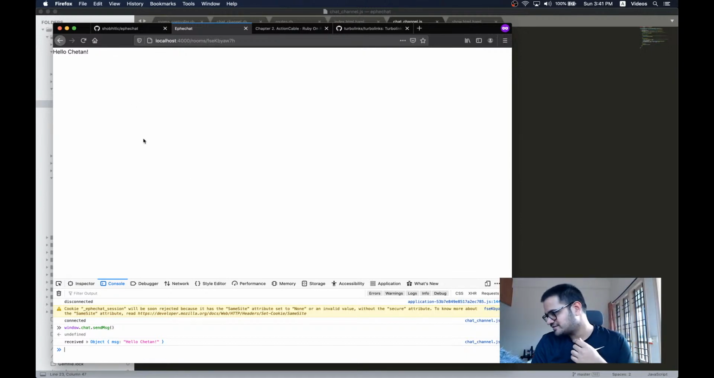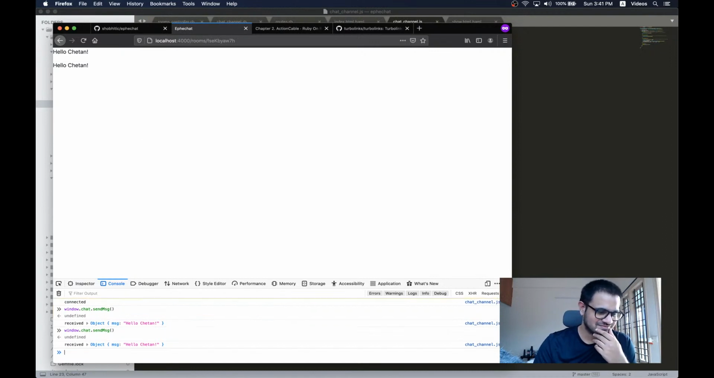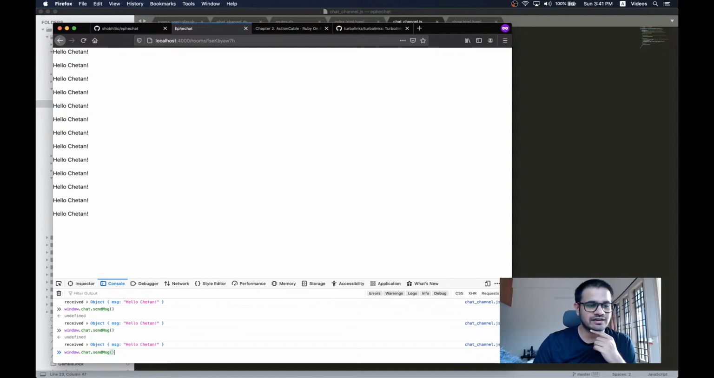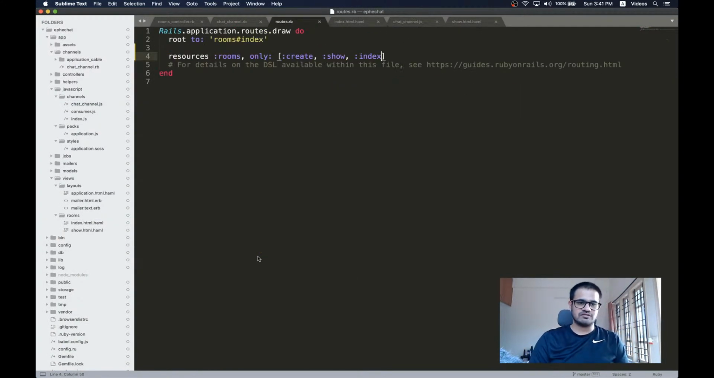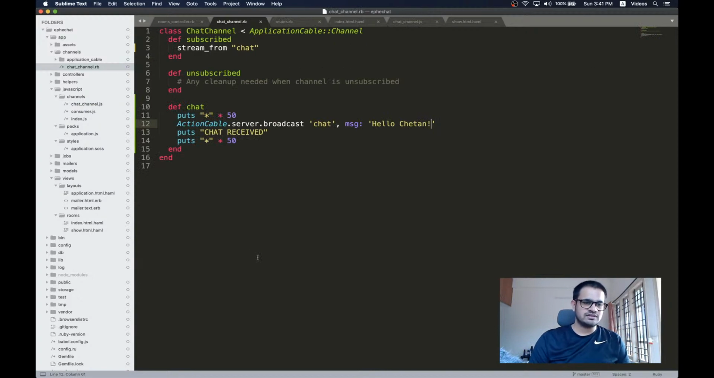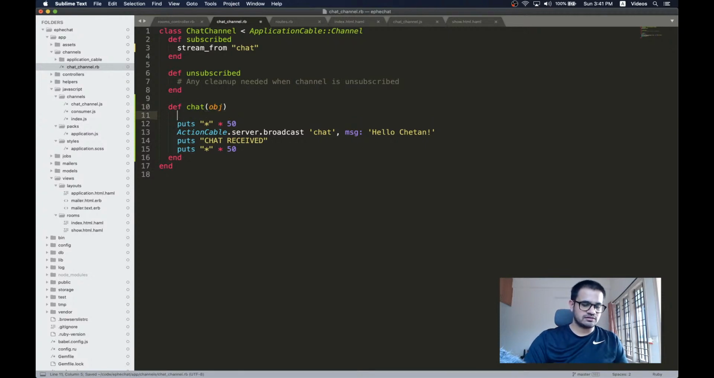Hello Chetan, can you see yourself, Chetan? Again, again. So now that we have random message being shown, whatever message basically we sent, instead of this, the next thing that we do is we should get an object over here, and in that object we should have